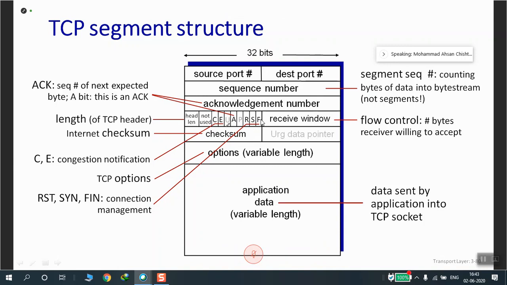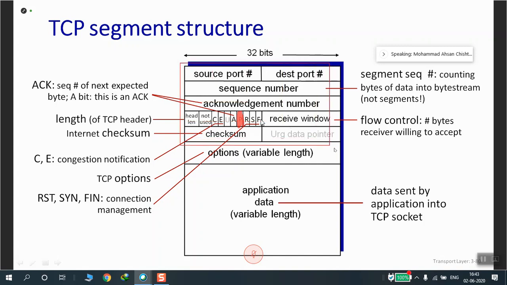Another one that we have here is P. This P is the PSH bit. It indicates that the receiver should pass the data to the upper layer immediately. So this is how the TCP segment structure looks.